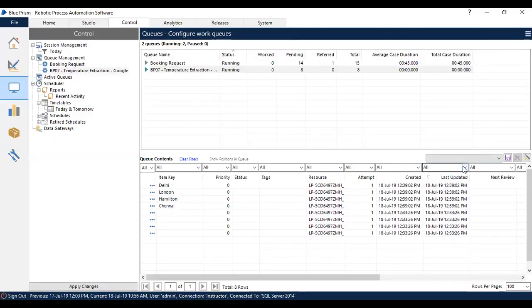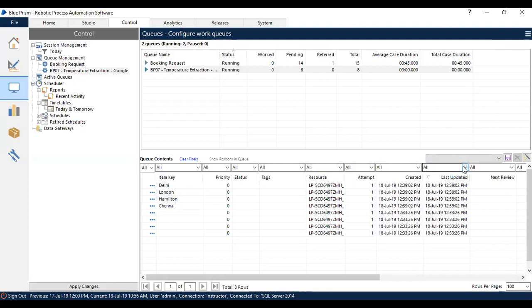So that's pretty much it on creation of a queue and addition of items into the work queue with item key. So now you will be able to create your own queue with a proper name related to the process name, so that it gets easy to map. Next, you can give item key and attempts, if you want to define the number of attempts for each and every transaction, you can do that as well.